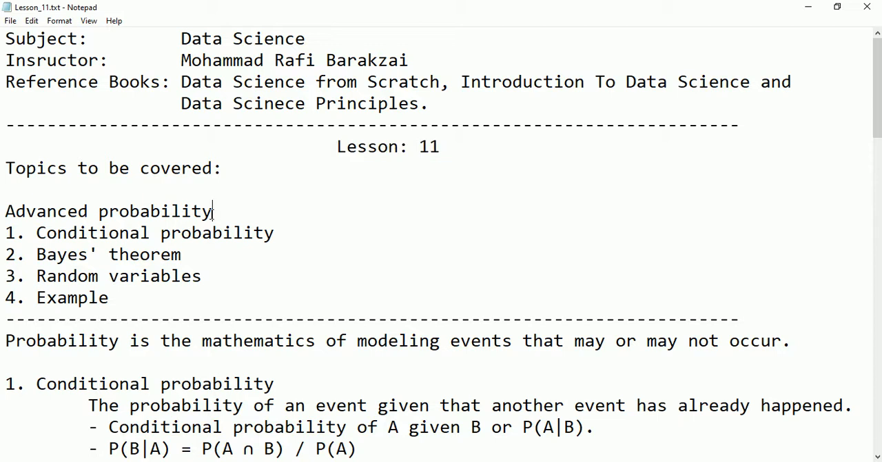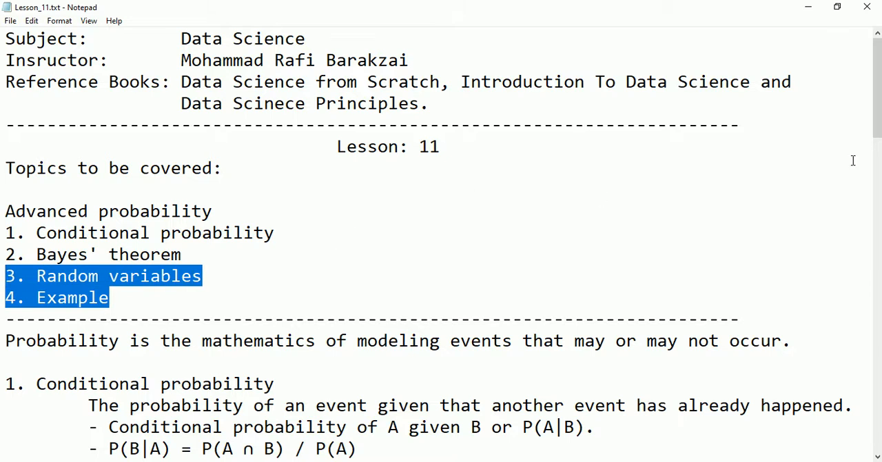So here we are going to talk about advanced probability. Under advanced probability, these are the topics: conditional probability, Bayes theorem, and then we are going to talk about random variables, and we will provide some examples for them. Now let's start with the